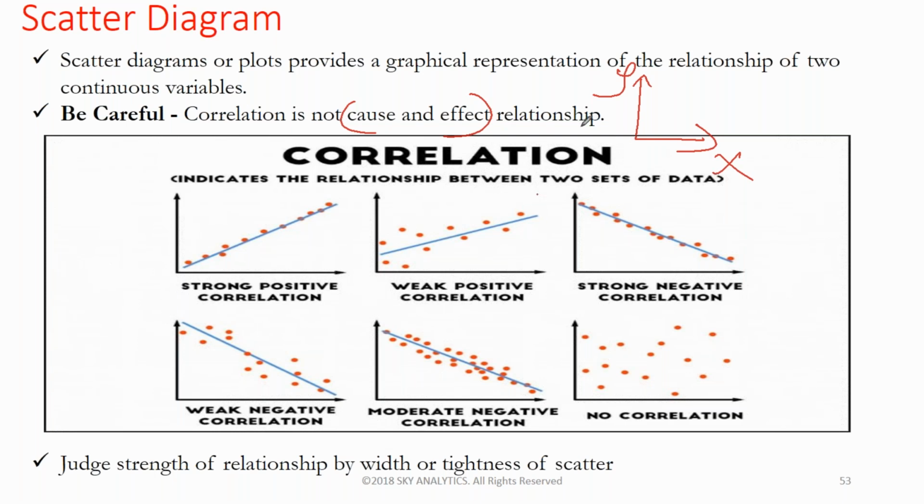Correlation is not a cause and effect relationship, and we should be able to see this with respect to the x-axis and y-axis. Sometimes you'll get a pattern like this. Your weight is also like this. Let me just plot it. X-axis and y-axis. When you were 5 years old, you might be 10 kg. When you are 20 years old, your salary might not be this much. At 30 years, your salary might be somewhere here. From zero it starts to grow. At 40 years you'll be somewhere here, at 35 years somewhere here, and at 50 years your salary will be here.